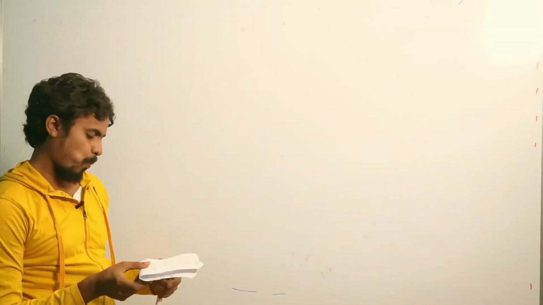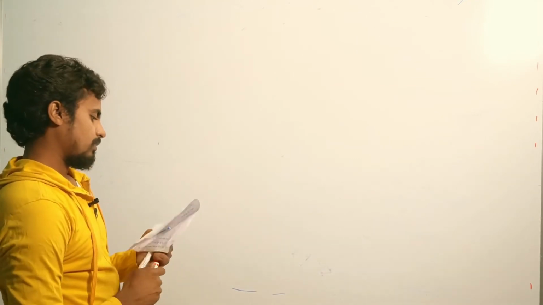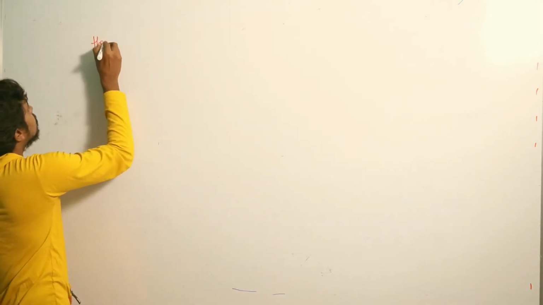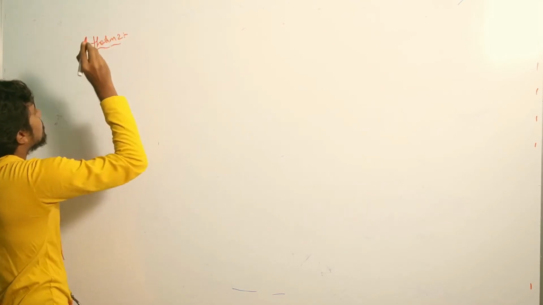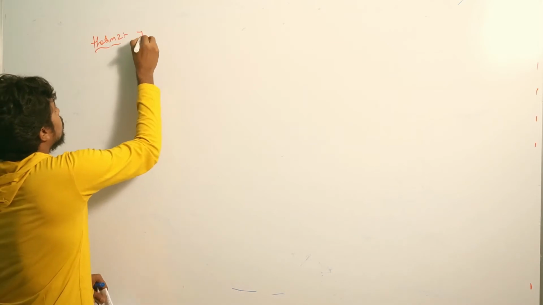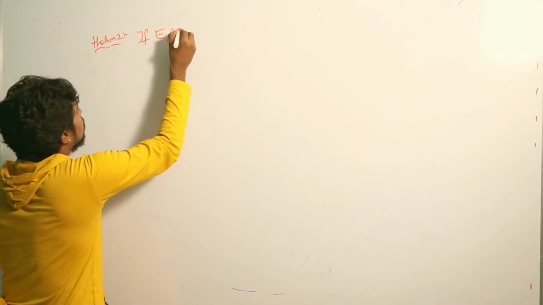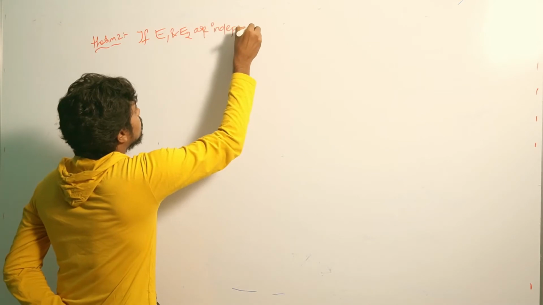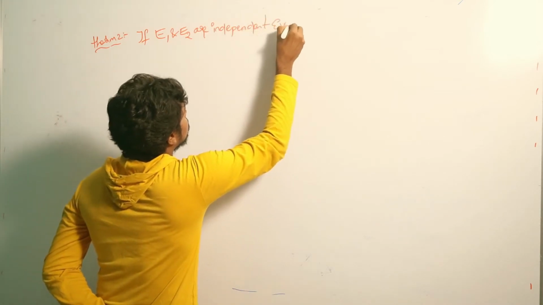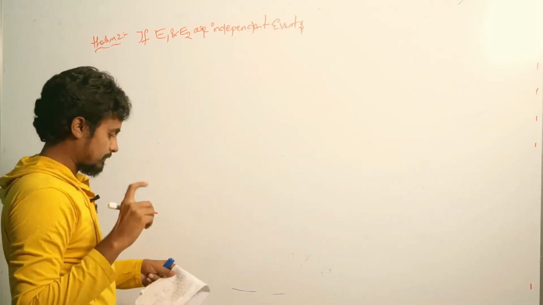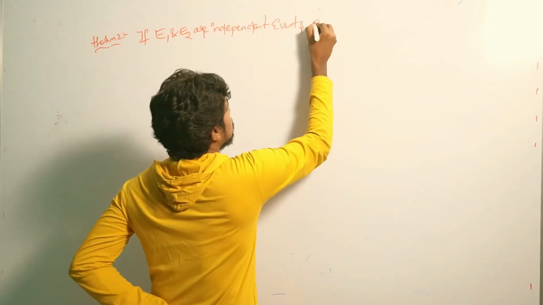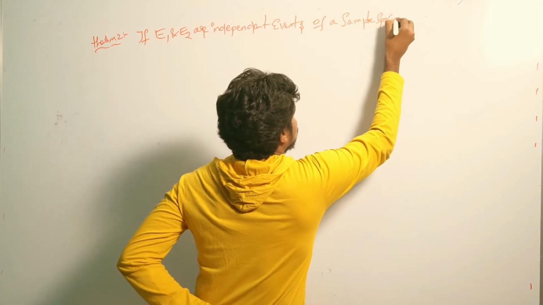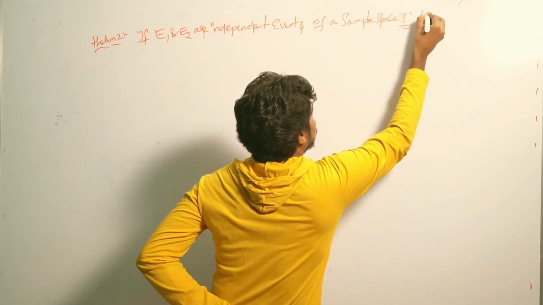And next theorem, theorem 2: if E1 and E2 are independent events of a sample space S, then